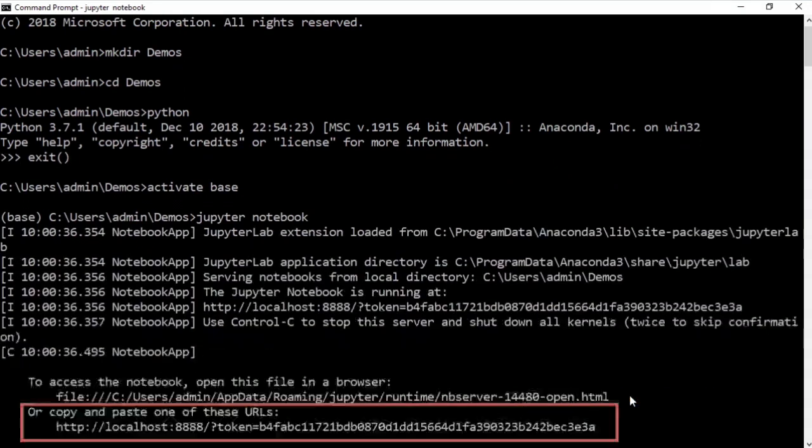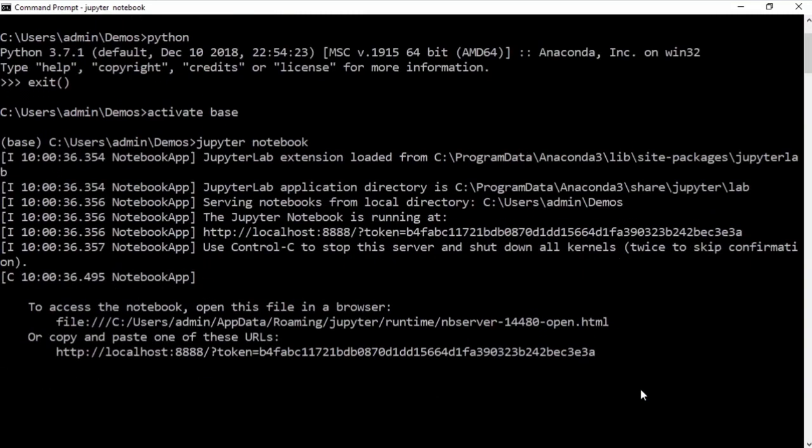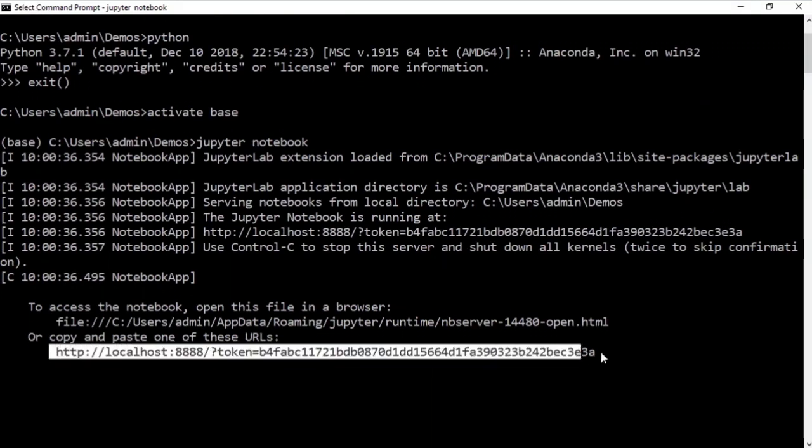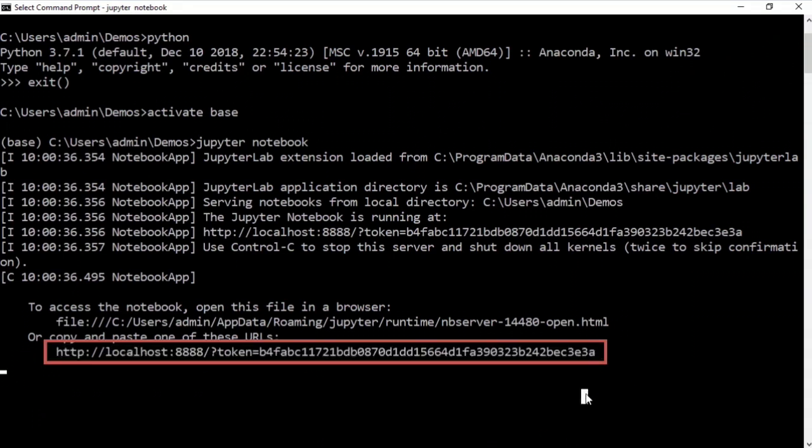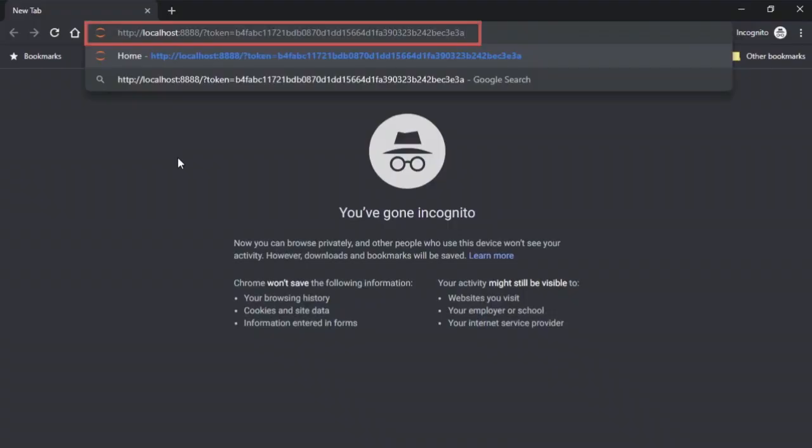If you type in the Jupyter Notebook command, this will bring up a URL that should automatically open up within your browser tab. If it doesn't, you simply copy paste this URL onto a new browser window. You'll have to leave this command prompt open and have this program running. This is the Jupyter Notebook server. So don't kill or close this command prompt because you'll need this to work with Jupyter Notebooks. When you're done programming, you can kill this command and close this command prompt. And this should bring up a browser window that looks like this.